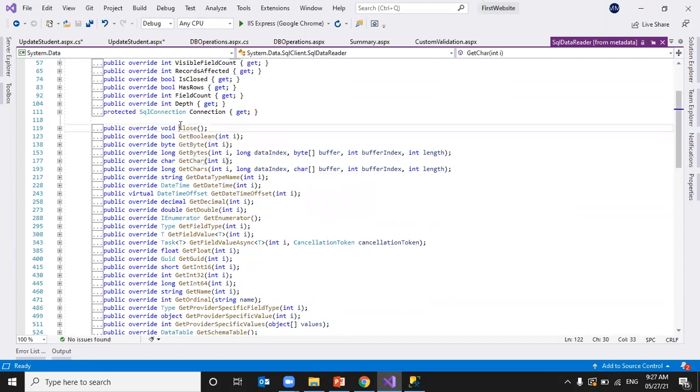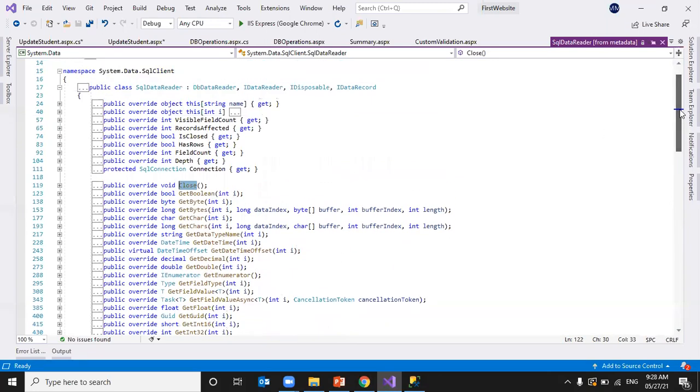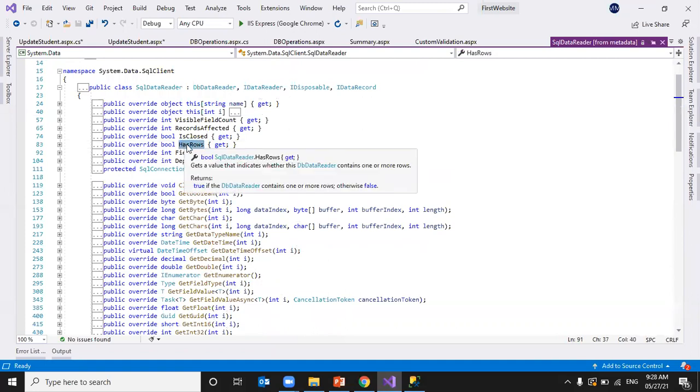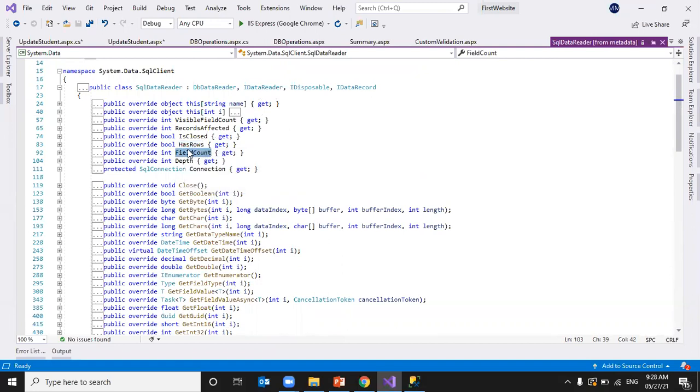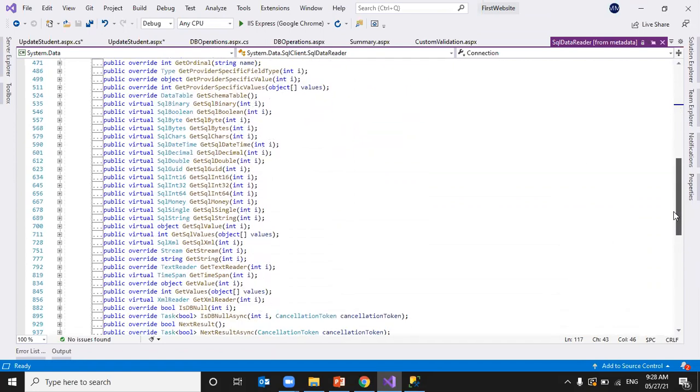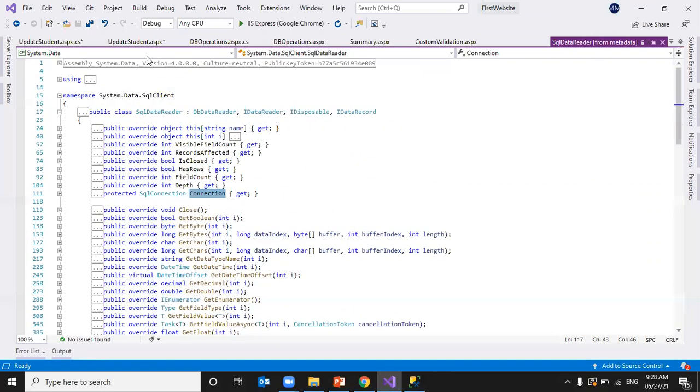We also have a Close method to close the reader object. We have a HasRows property to check whether the reader has rows or not. And how many fields are available in a particular row, we can check with FieldCount. We can associate a connection with the SqlDataReader using the Connection property. These are all the fields and methods to use with the SqlDataReader.